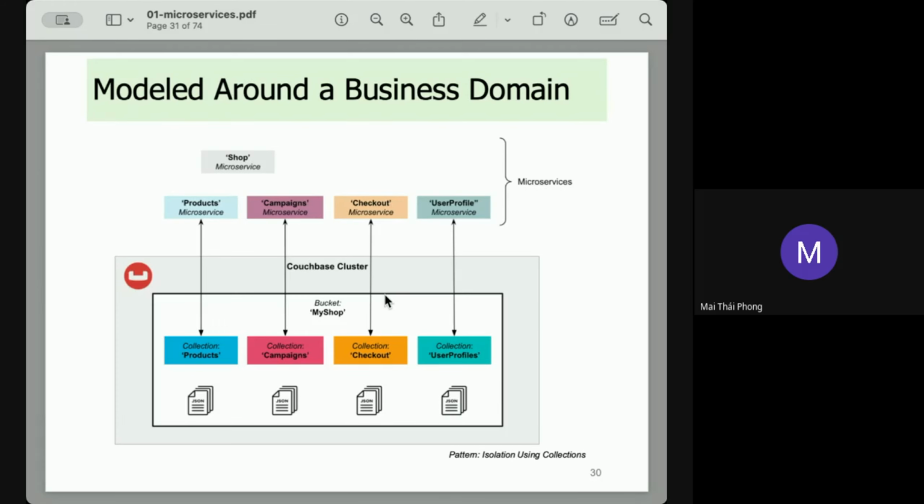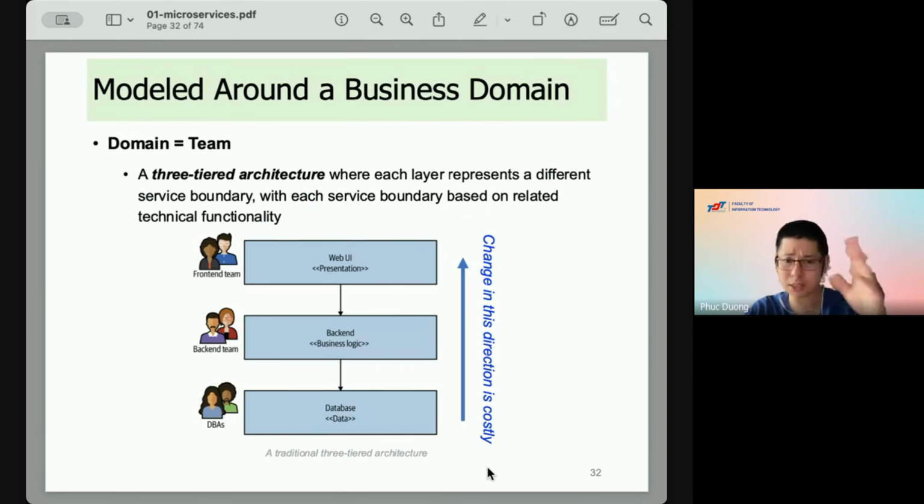Okay, sir. So in reality, it's not always that the domain is the business that you are working in. For example, a domain is not just a construction company or a pharmaceutical company. The domain can also be a team. On the screen, you can see that instead of focusing on the domain of a business, we focus on the team structure. In this case, we have three teams: the front end team, the back end team, and a DB team or database engine team.